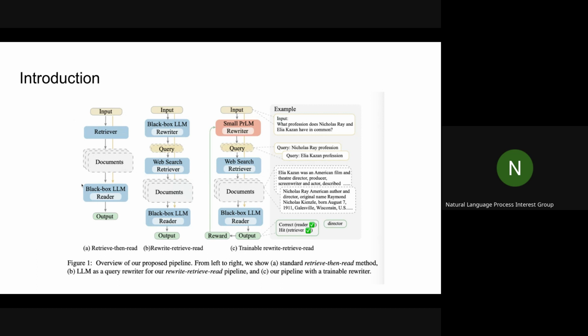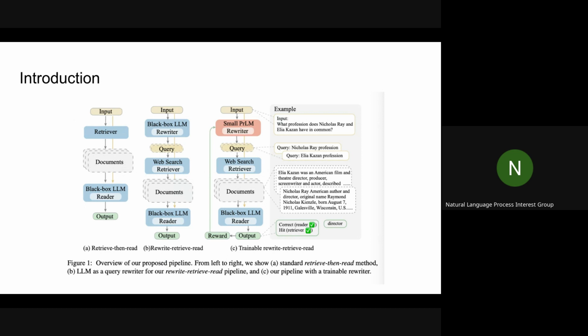So what they're saying is this one on the left is what everyone's kind of used to, right? It's the retrieve then read. There's a retriever, it retrieves stuff, and then the existing black box LLM just uses that to generate a response. I don't know how many of you were here for the meeting the week before last, when we covered I think it was self-refine or self-RAG, one of the two. It was discussing training an LLM to figure out when to make calls to include information, and then it kind of